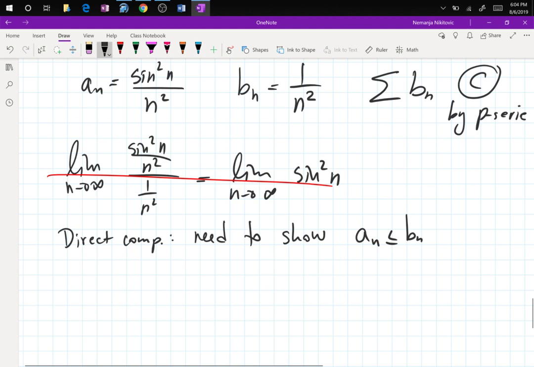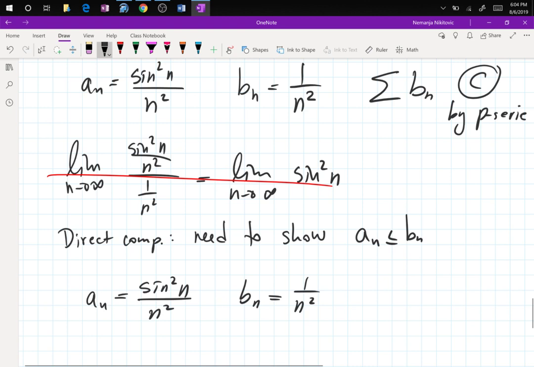Now, your an is sine squared n over n squared, and your bn is 1 over n squared. Well, this is already established